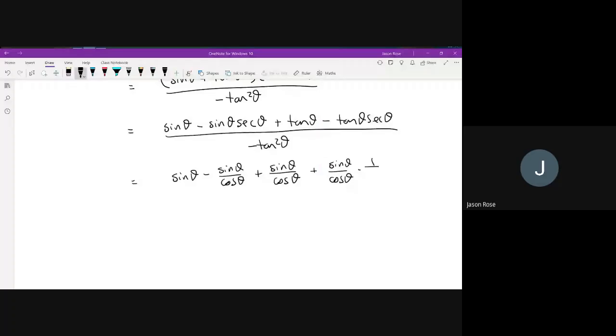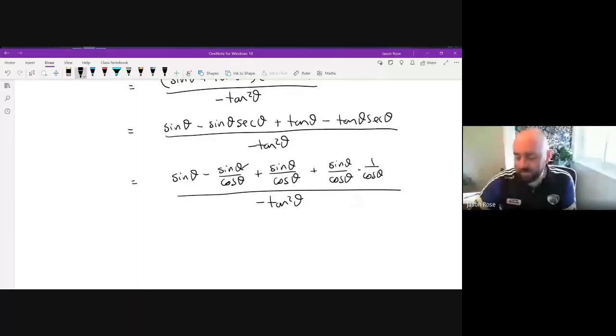I'm trying to change all those secants and tans into sines and cosines. Secant is 1 over cosine, and tan is sine over cosine. All this is over negative sine over cosine divided by